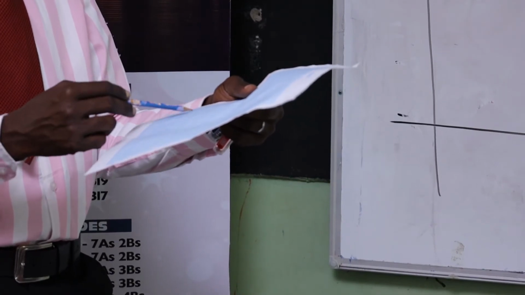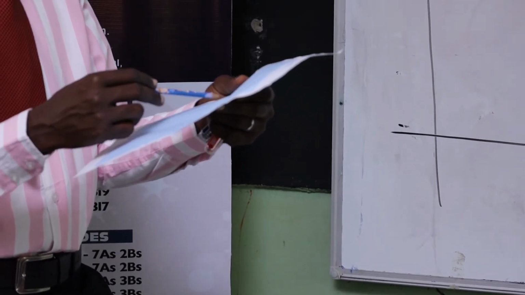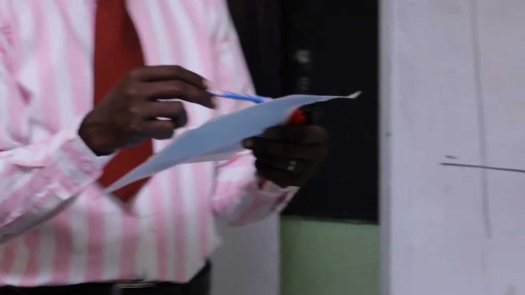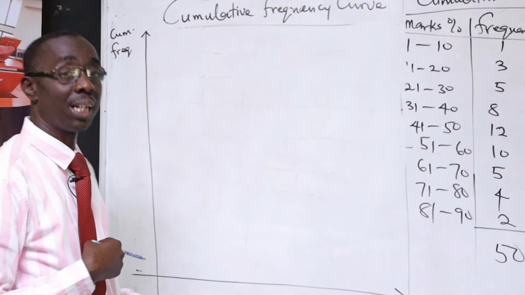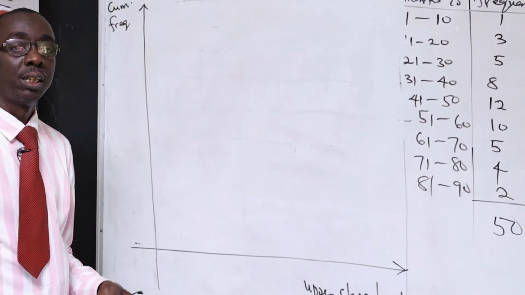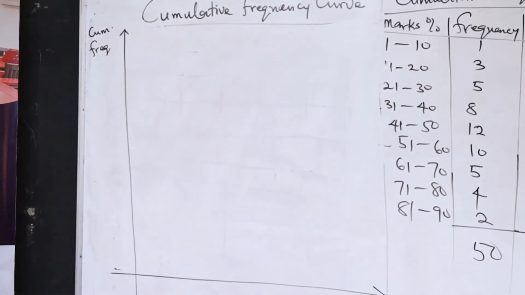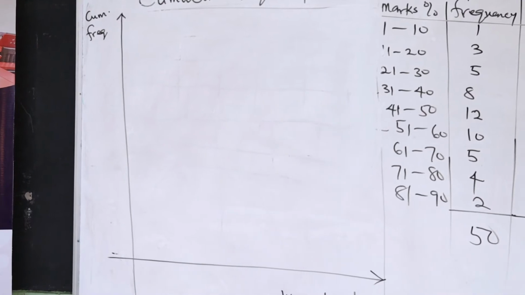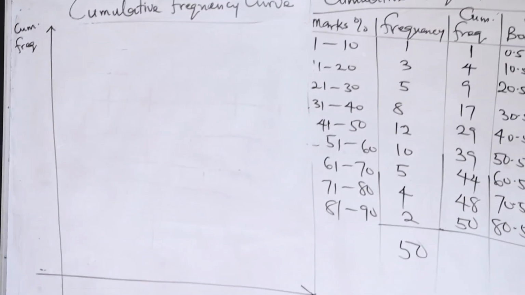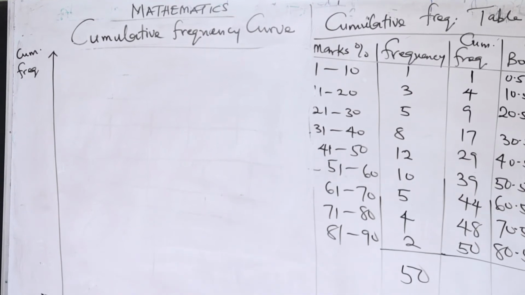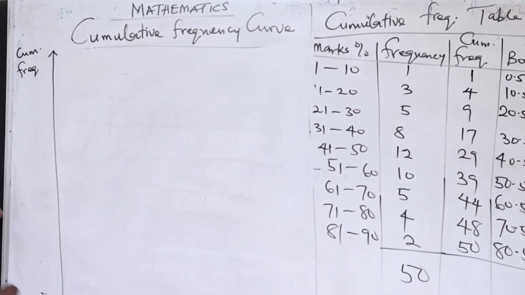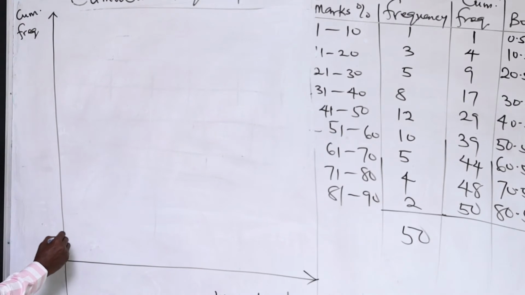This will be 5, 10, 15, 20, 25, 30, 35, 40, 45, 50. We are good. We can use 5. So on the y-axis, my own scale is 2 centimeters to represent 5 units. Right? 2 centimeters represent 5 units on the y-axis. And on the x-axis, you don't have a problem with that because we are fixing those values directly. Can we place 2 centimeters to represent 5 units? And I will go this way. This is my 2 centimeters,